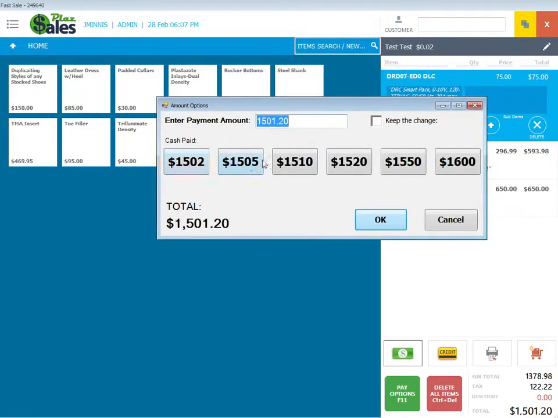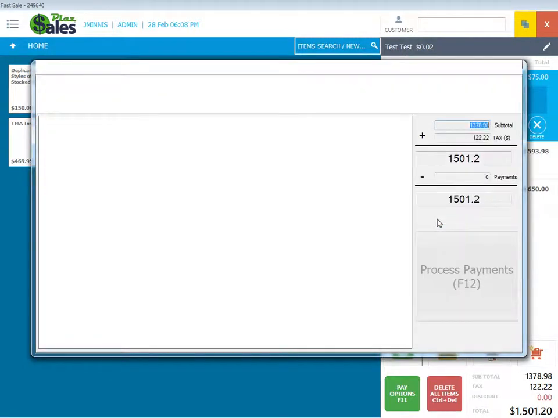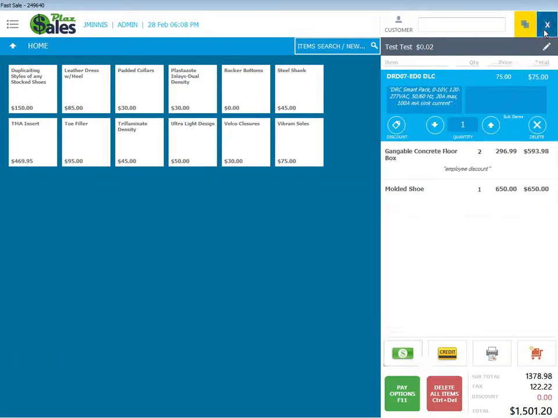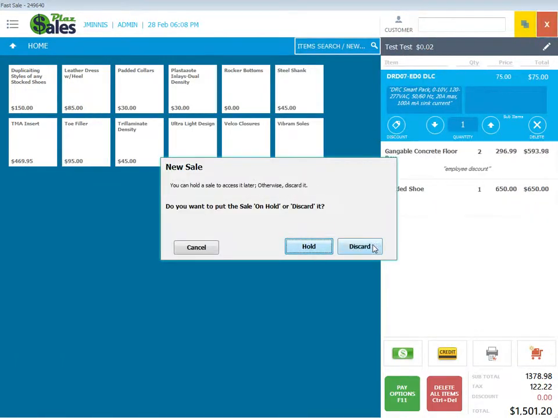So you can use the shortcut buttons for how the customer paid, and you can even keep the change for the tip if you want. But we have tipping turned off in here, so otherwise you'd also have like a tip slider where you can adjust the tip in more detail. So for now I'm going to go ahead and just cancel this test order. So you just click cancel, and that shows the payment here. Just close that. I'm going to click the X, and I'm going to discard the sale,